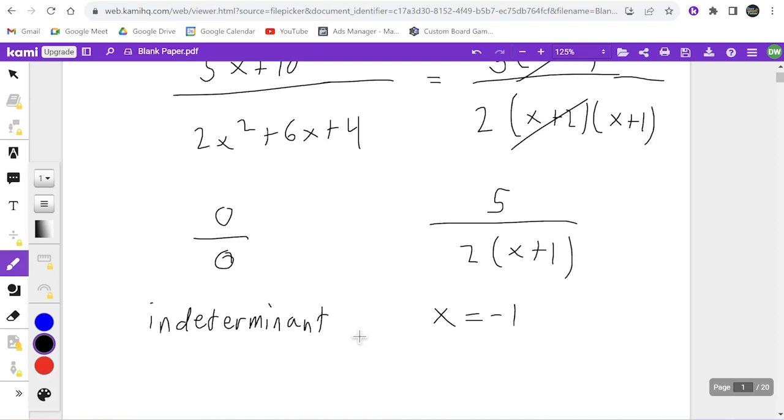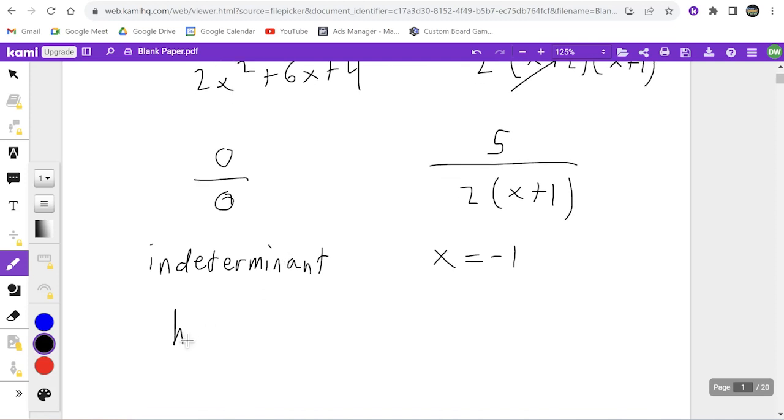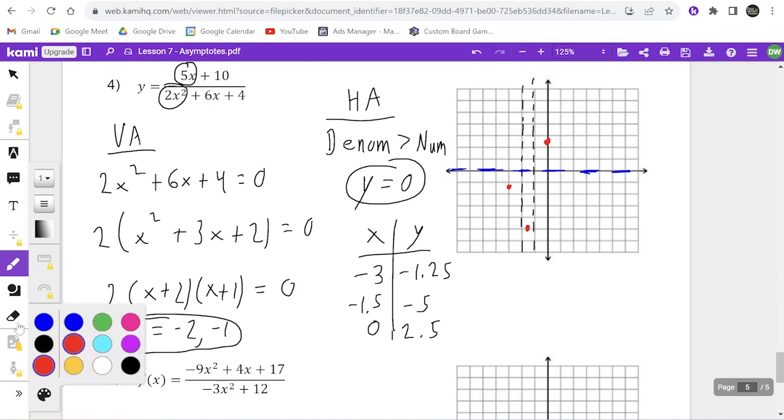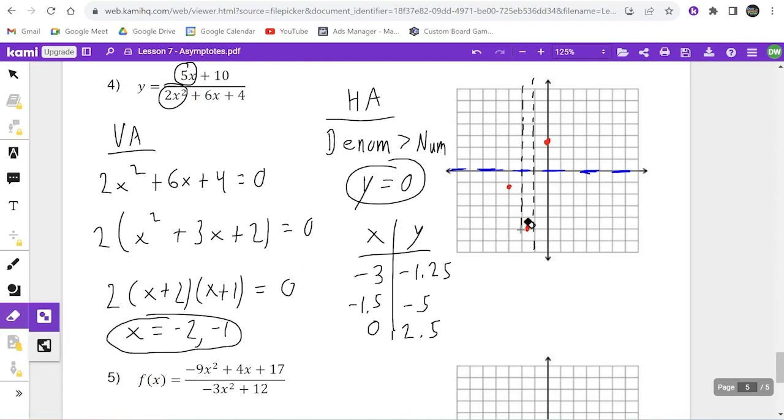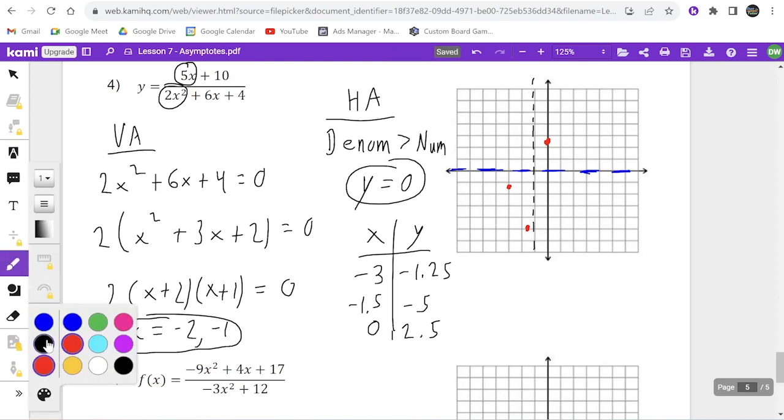So what does that mean to you? What does that mean about asymptotes? It means it's not an asymptote, it's actually a hole in the graph. It's going to be a hole in the graph. Well, what does that look like? I'll tell you. Let me erase the asymptote at -2 because it's not actually there. I want you to keep it on your paper just so you have it. But what it actually looks like is something like